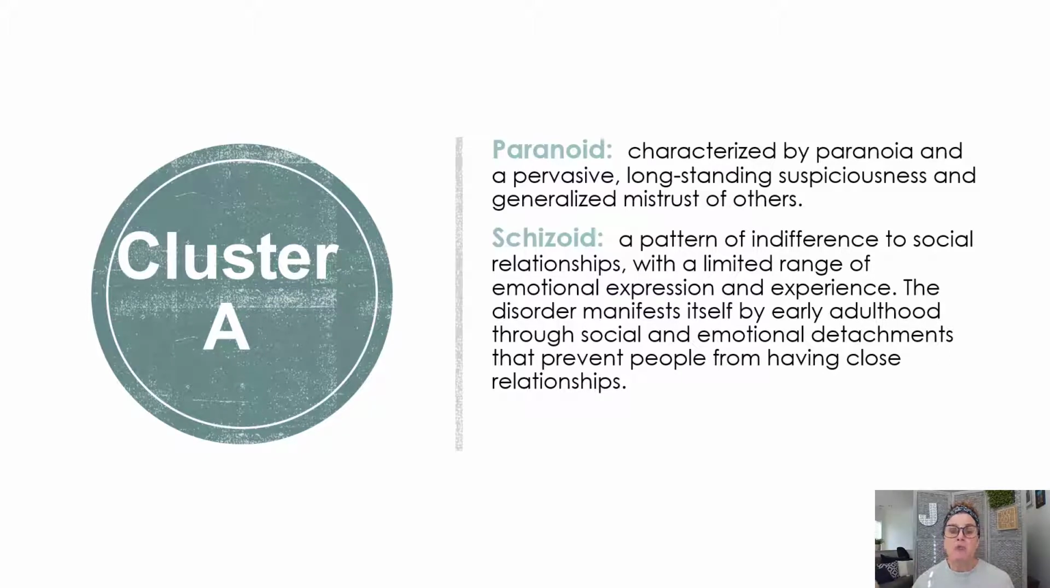Indifference. They don't really care. They're kind of flat. They don't really care if they have friends. They don't care if people like them. Typically, schizoid personality manifests itself in early adulthood, and you start seeing people detach themselves socially and emotionally from other